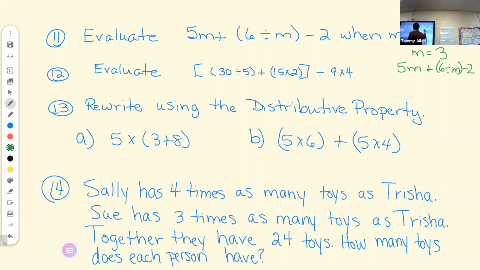So it becomes 5 times 3 plus the quotient of 6 divided by 3 minus 2. We can do everything in parentheses next, making it 15 plus 3 minus 2. We then have to do the addition first because we come to that first going from left to right, making it 18 minus 2, which gives us